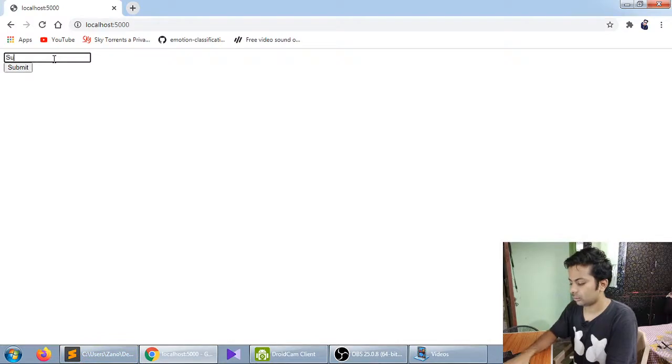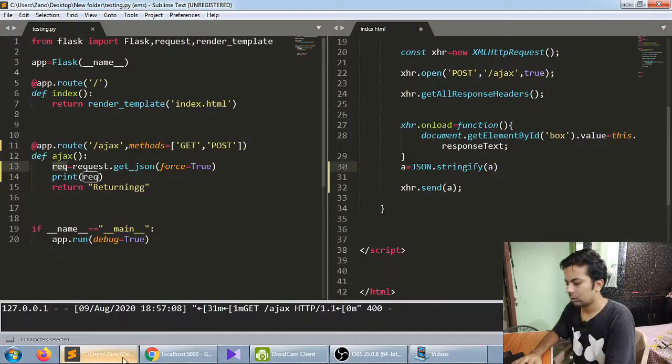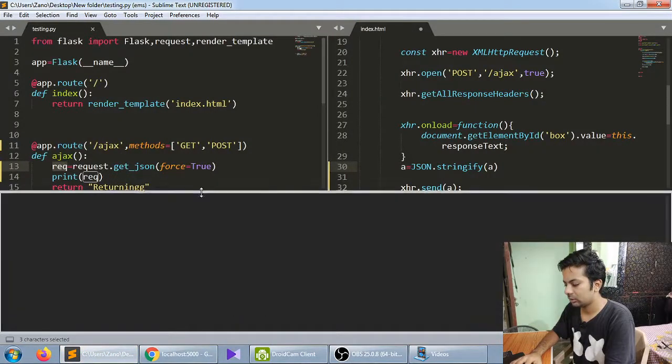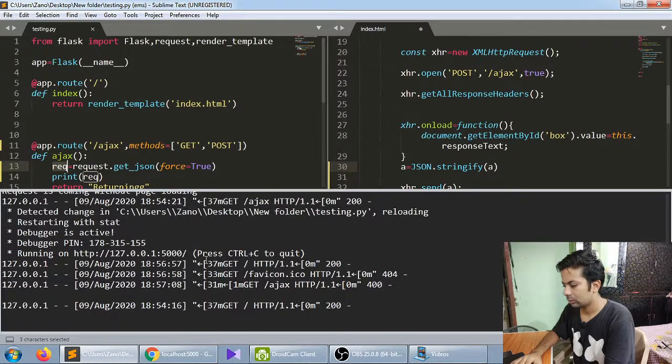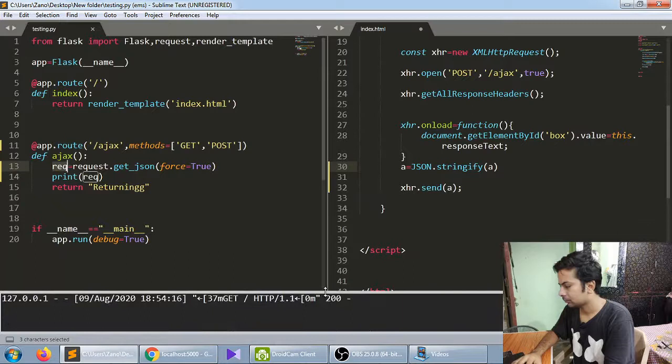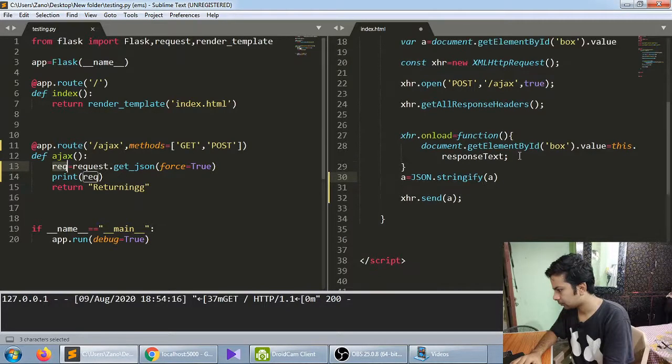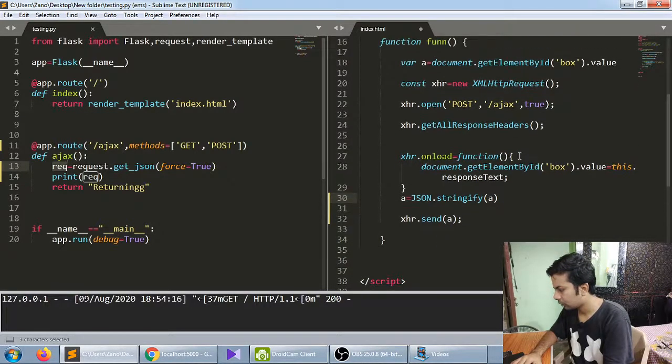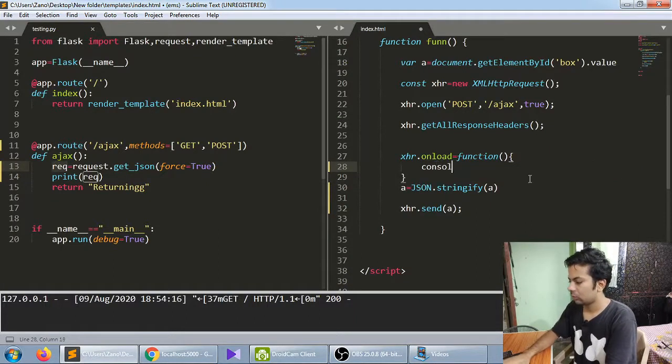Okay, suppose I have written, and see, let me just remove, okay, we can just use console dot log.